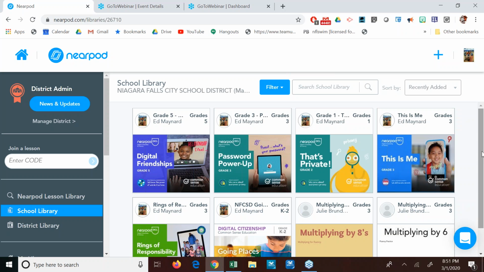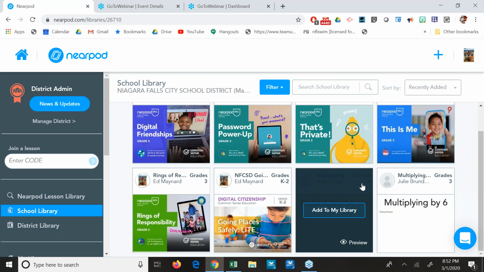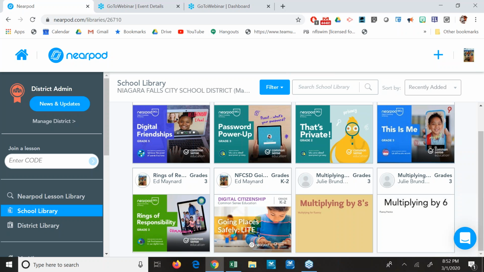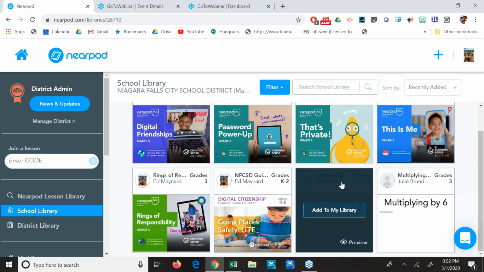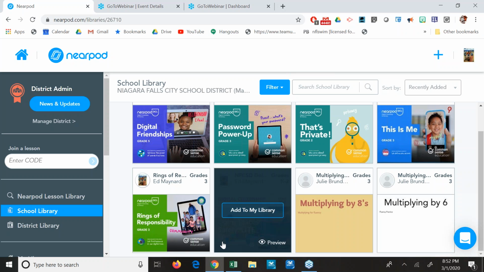But let's say eventually 79th will get their own school, GJ Mann will get your own school, and then, for example, like Julie Lowry right here, she did some multiplying by sixes lessons. So that's what she did here, and then she stuck them in the school library. So now if you're at 79th Street and you're a third grade teacher, and Julie says, look, I did this lesson with my third graders. Here, it's in the school library. Here you go. So now when you log into your Nearpod, you just go to school library, look up Julie's lessons, and bang, there it is. And then you can run the same exact lesson that she ran. And then you can team up and you can create some lessons. She can create some lessons, stick them in the school library, and away you go. So that's what the school library looks like.